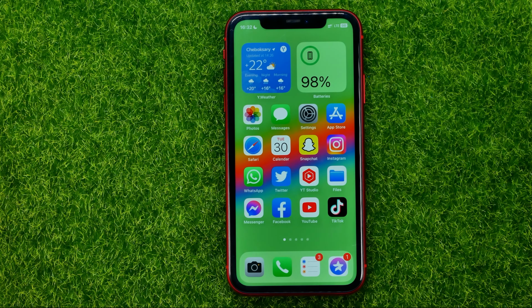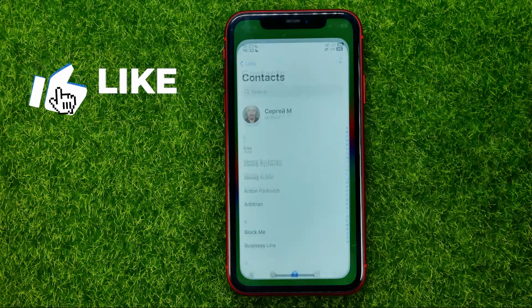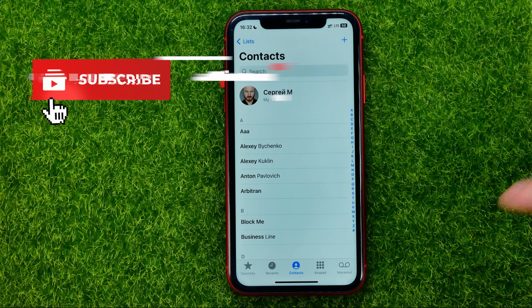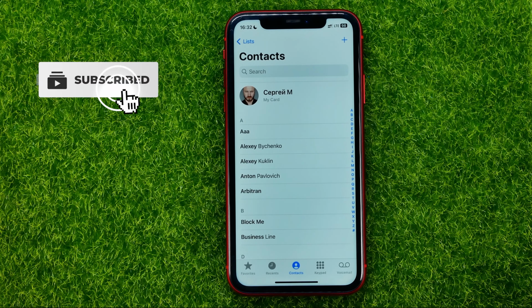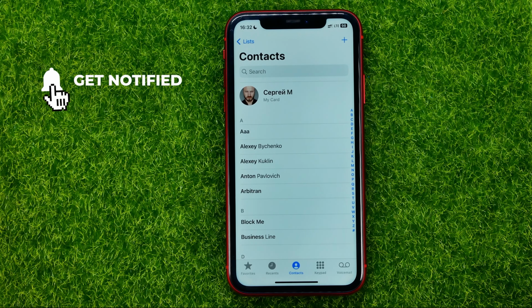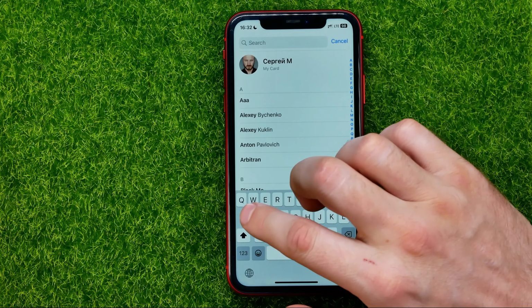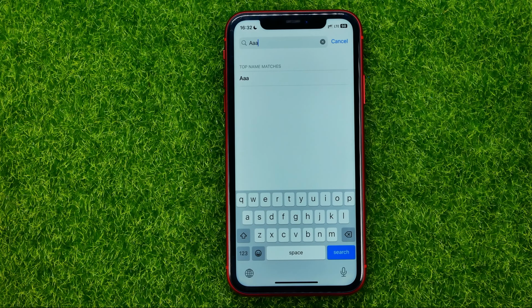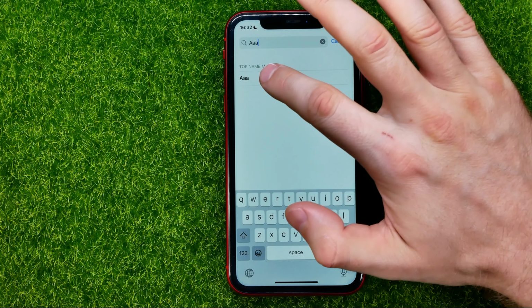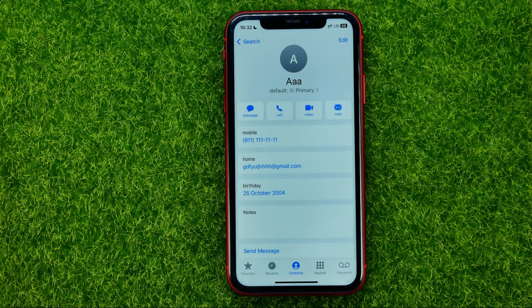So let's get started. The first step, head over to the Phone app and then get into Contacts. Once you've done that, just search for the contact you want to add as an emergency contact. You can use search to find a specific contact, and once you find one, just tap on it, and